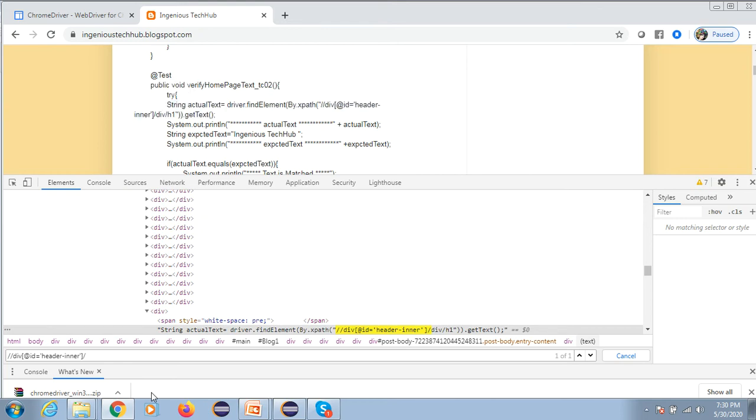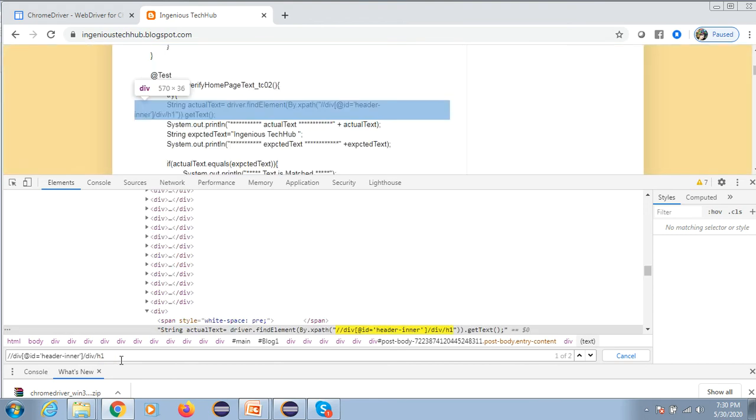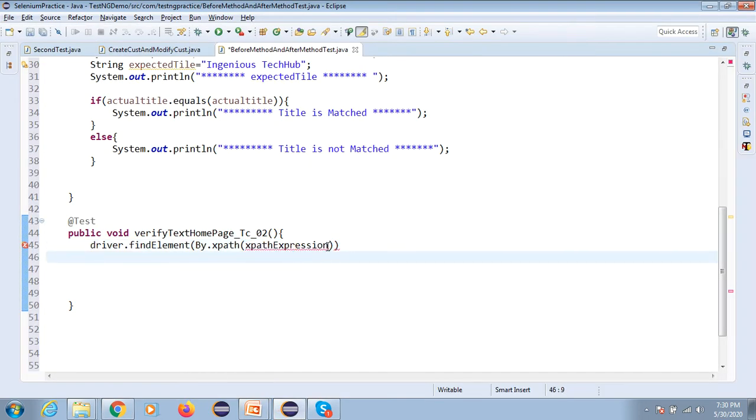So leave it. One second, div, h1. Okay, let me check whether it will work or not. It's showing one more node because I already posted this code. Let me check this. If it does not work, then we will check, but it will work.